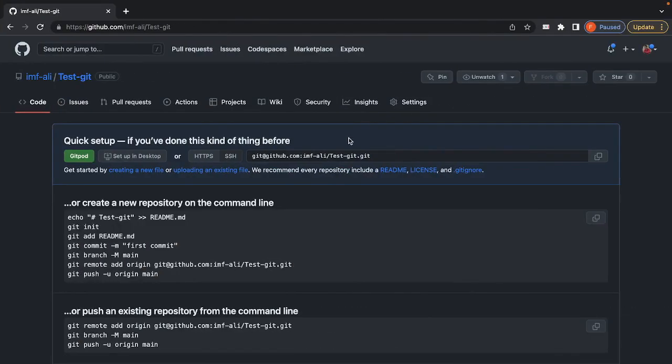For that, first of all, we will copy this command. You can see over here it is an SSH. You can do it in two ways. You can do it either using the HTTPS URL, or you can do it with the SSH URL. So I'll do it with the SSH. I'll tell you in detail how we can set up an SSH key pair for our Git and GitHub, so that we can connect our local repository to the remote repository. I'll tell you that in another video. So right now here we copy this command,